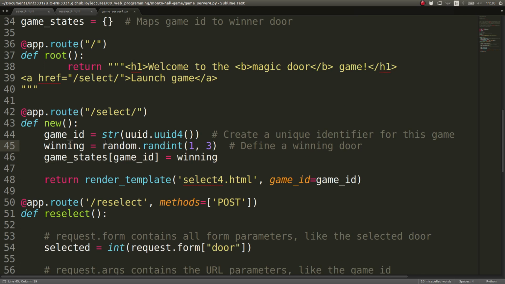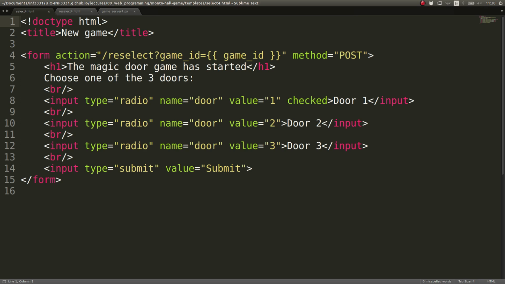Now the important part is that I pass this information about the game ID from page to page, so that I keep track of what the game ID is. The way I do that is I parameterize all my templates, and I pass the game ID into the template, as shown here. And then if you look at that template, select 4, here in the action,